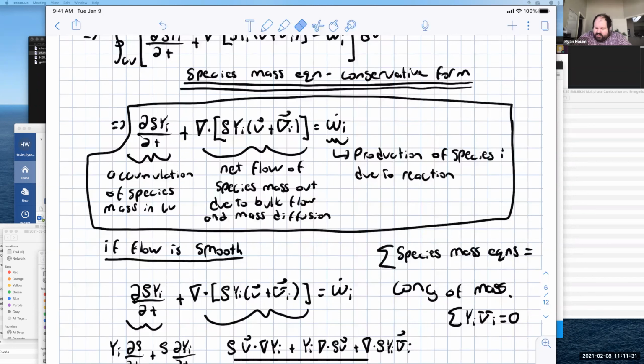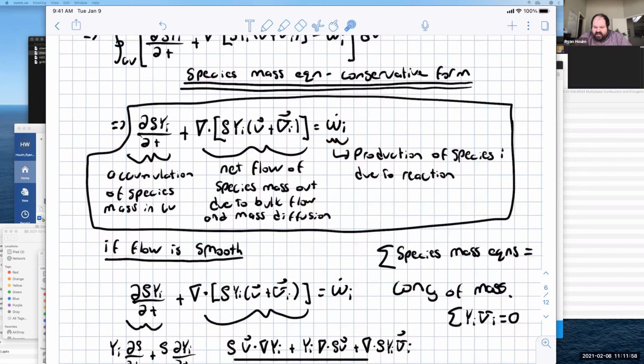So then, what do you do? How do you account for this? There are various ways of doing that. But in our code, what we do is we just solve all n species mass equations. And if we solve the species mass equations for all of the species, you will implicitly recover conservation of mass. And we have verified that we implicitly